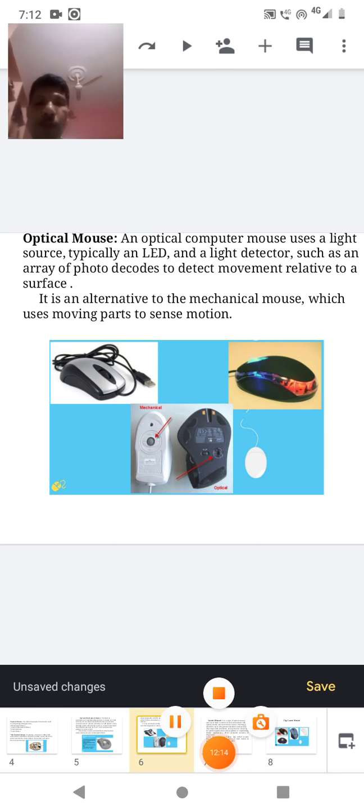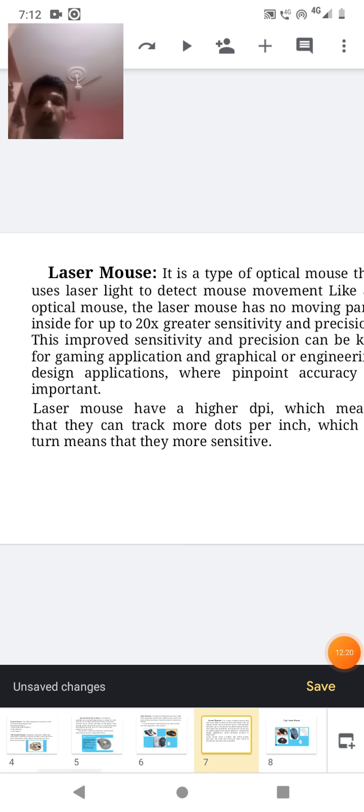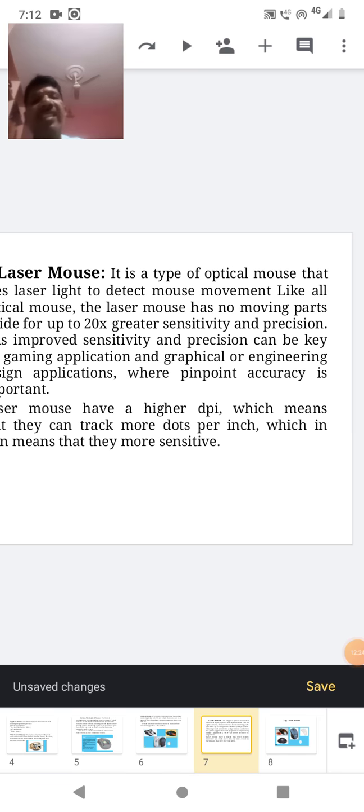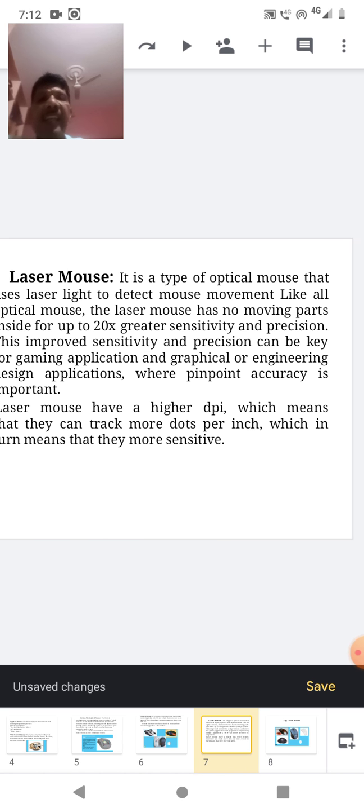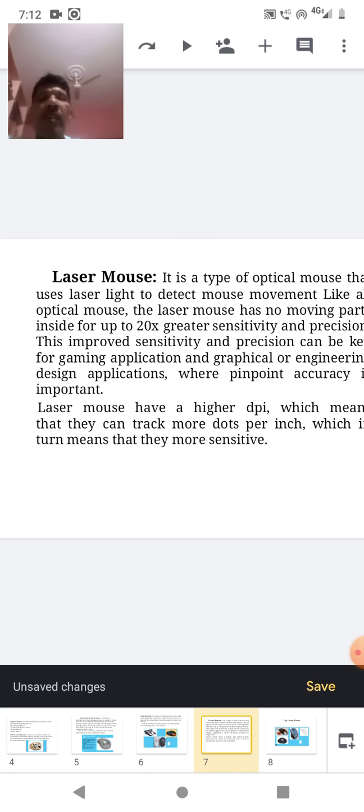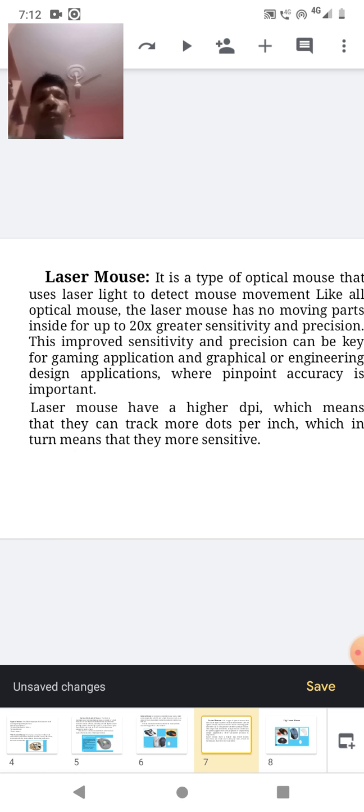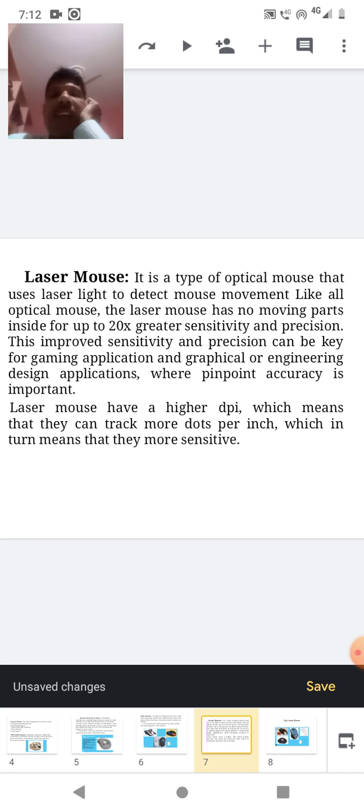Then come to the final mouse type, the laser mouse. It is a type of optical mouse that uses laser light to detect mouse movement. Like all optical mice, the laser mouse has no moving parts inside, for up to 20x greater sensitivity and precision.